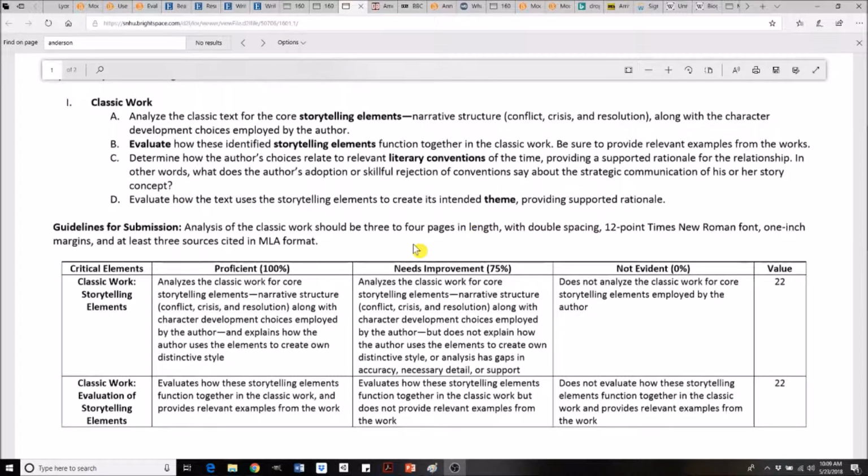I would look at the space I have, what are the things I need to put inside that space, and then what would be the average length for each of these, which would be 1 page. Of course, looking at some of these, maybe like this evaluate one, you might start to guess, well, maybe you don't need a whole page for that. And maybe things like C, depending on how much resources or research you have already, you might need a page, a little more than a page, or maybe even a little less, right? This is all going to depend on your own particular classic work, what you found in your research, and what you want to say.